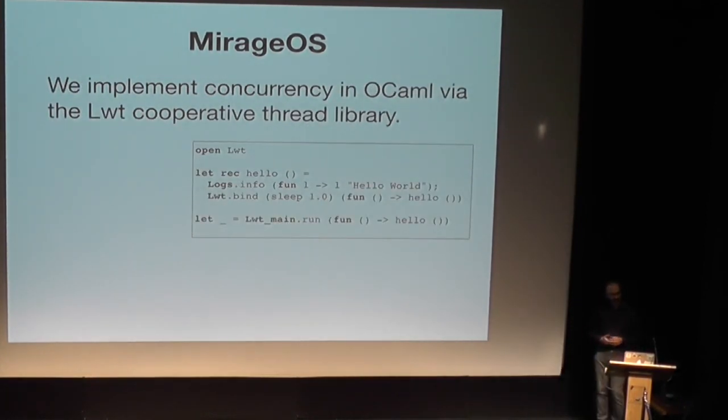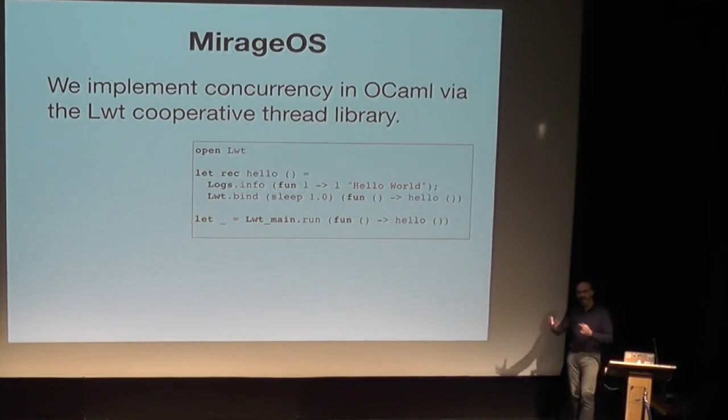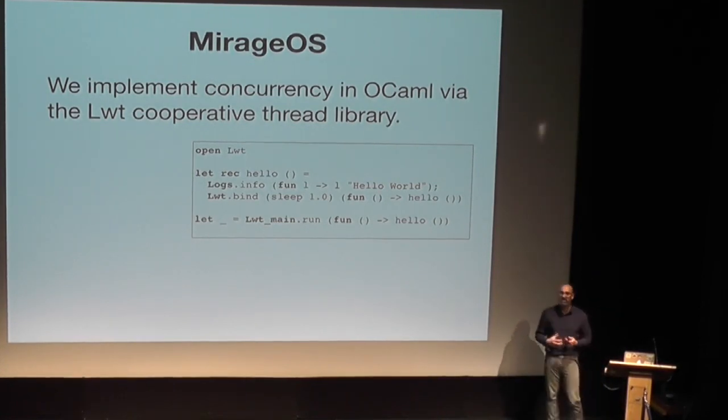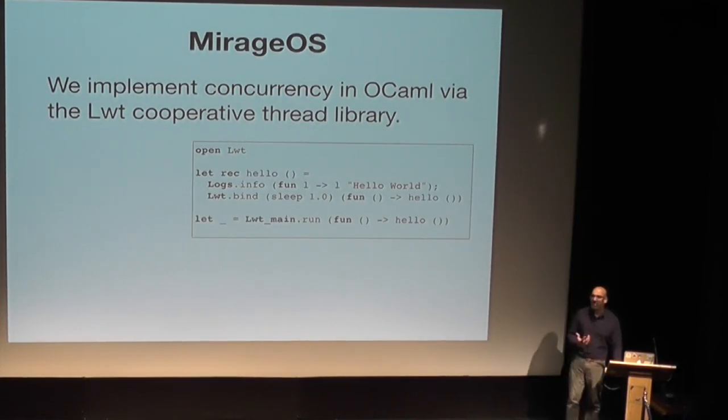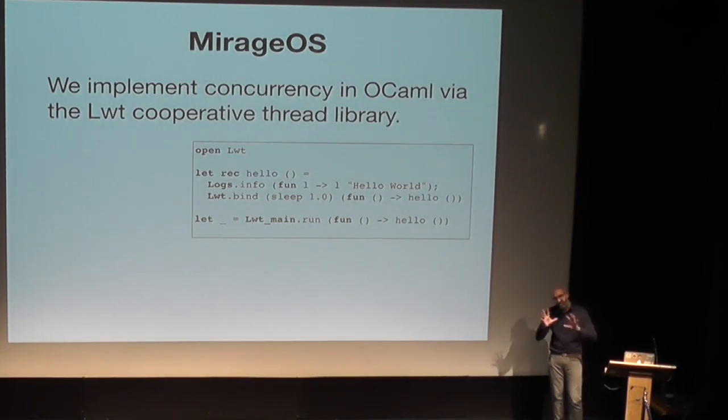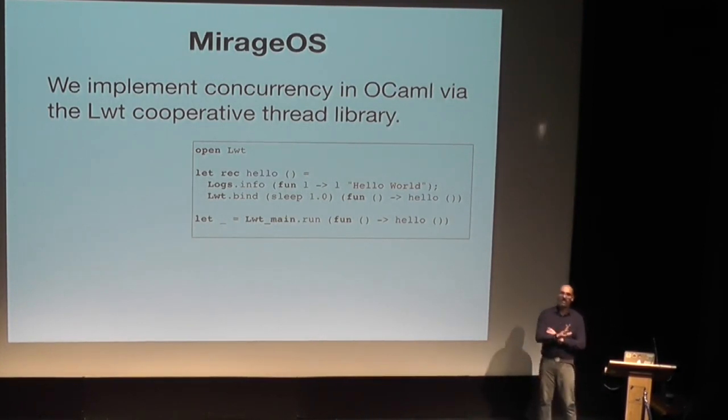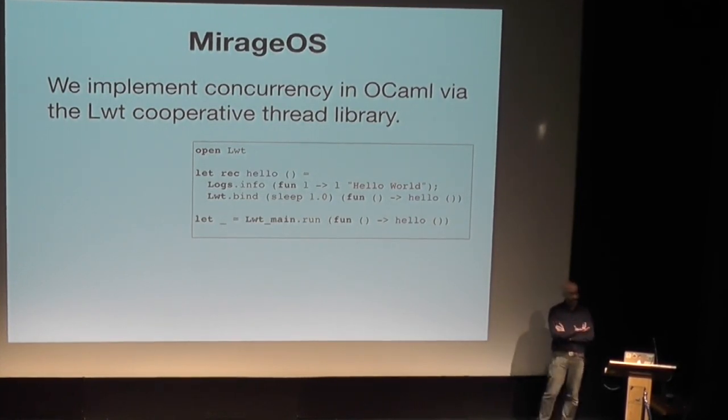So what Mirage OS does is that it takes a lot of the logic inside the operating system and lifts it into itself, into the implementation as a library within OCaml. And the first choice we made was to try to ditch many of the prescriptive abstractions in operating systems that are forced on you. So one example is threading. If you use threading,